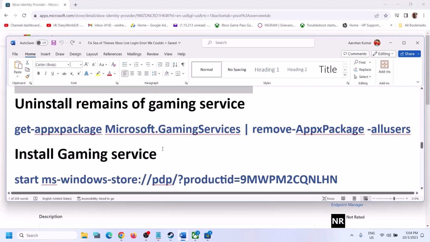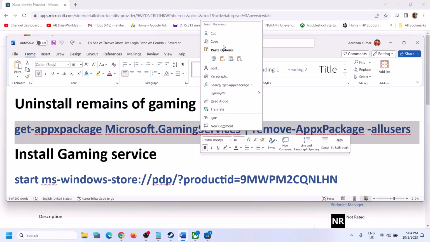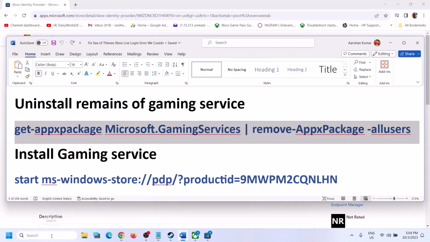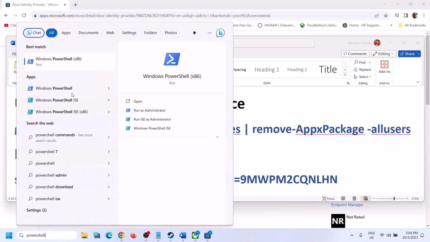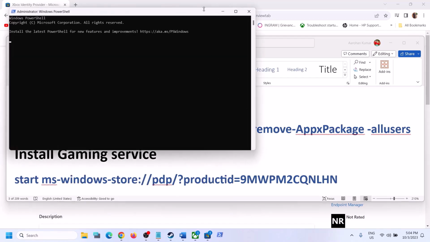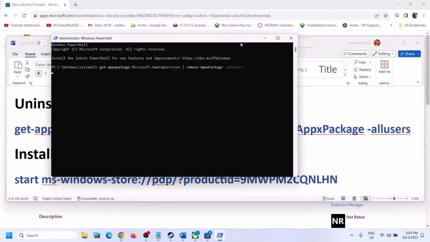Now the next step is to uninstall and reinstall gaming services. So copy this command. This command is provided in the video description. Type in PowerShell in the Windows search box, and then right click on Windows PowerShell, and then click on run as administrator. Make sure that you're opening Windows PowerShell as an administrator. Click on yes to allow. Paste the command over here, hit the enter key. This will uninstall gaming services from the computer. And then once this is done,